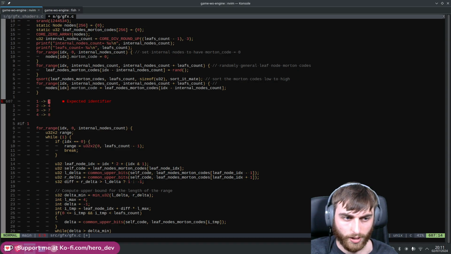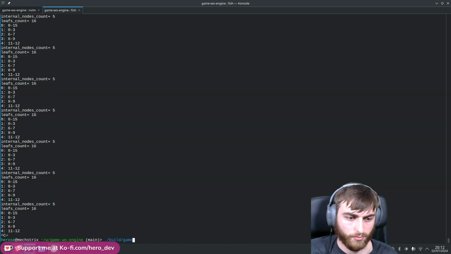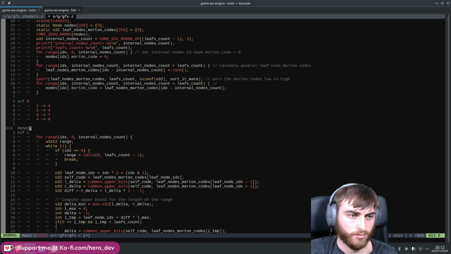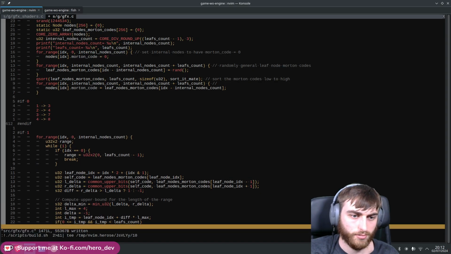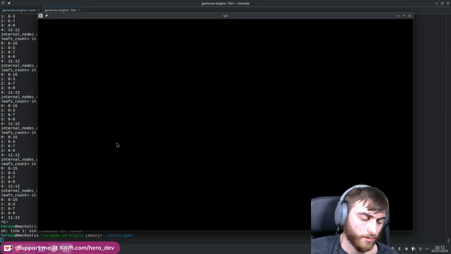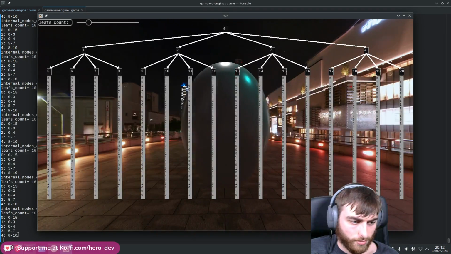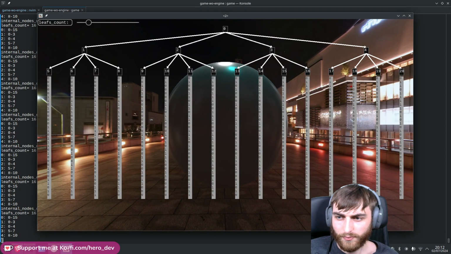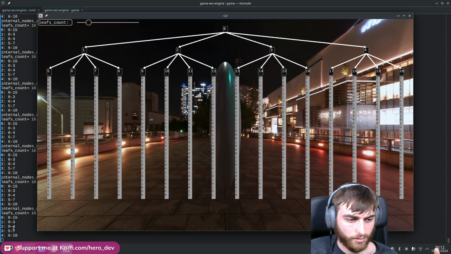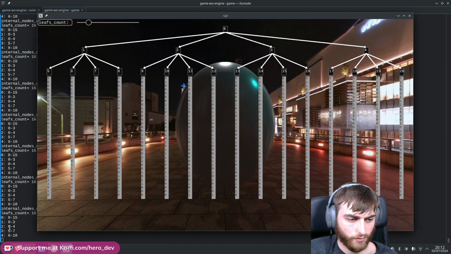Yeah, 1 was correct, 2 was wrong, 3 got 2's correct. Oh, wait a minute. So there's a fifth one? Oh yeah, sorry, 0 is the root node, right. 1 is correct, 2's wrong, 3 got 2's correct,